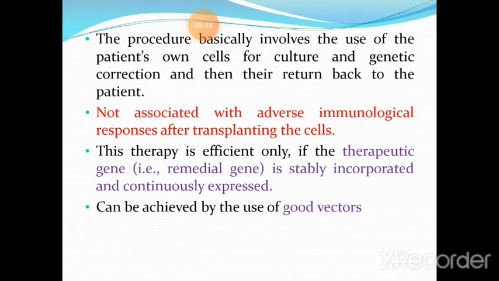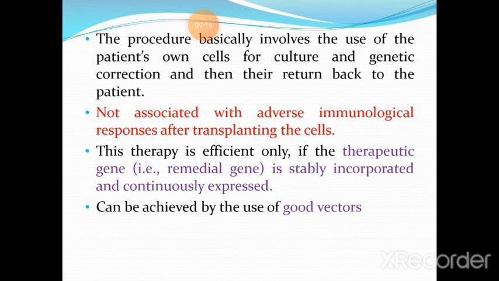The procedure basically involves the use of the patient's own cells for the culture, genetic correction, and then return back to the patient. As a result, this is not associated with adverse immunological responses after transplanting the cells, because the patient's own